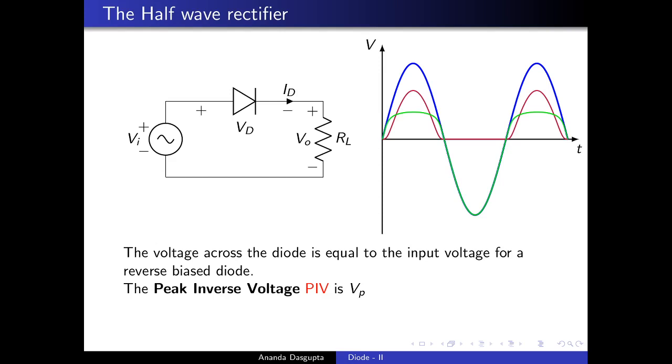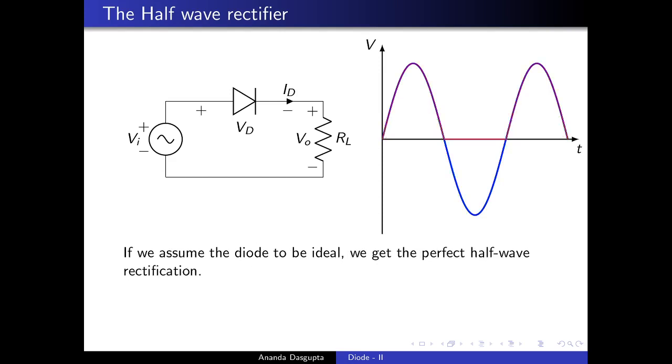rectifier circuit. Now let's take a look at the output from this rectifier, and let's simplify things a bit for ourselves. Let's assume that we have an ideal diode, that is, a diode which does not conduct at all in the reverse direction, and in the forward direction conducts without any resistance. So if that is the case, in the reverse bias situation, that is when the input voltage is negative, no current will flow in the circuit, so the output across the resistance will be exactly zero. And in the forward bias situation, when the input voltage is positive, there will be no drop across